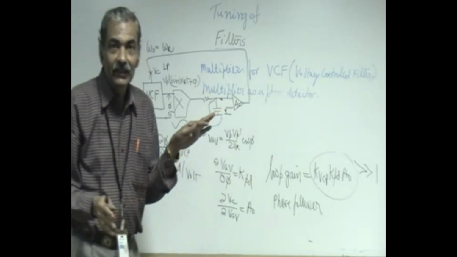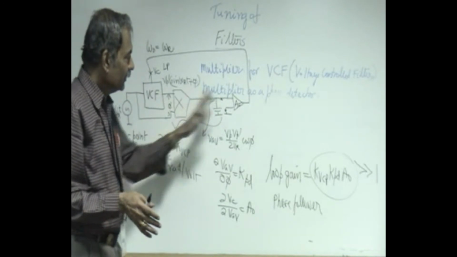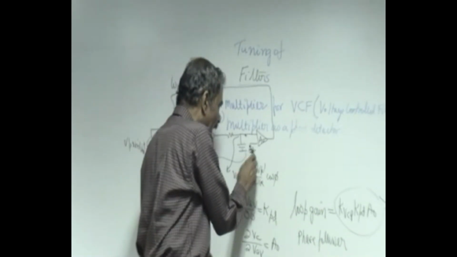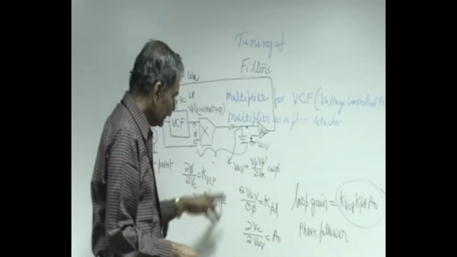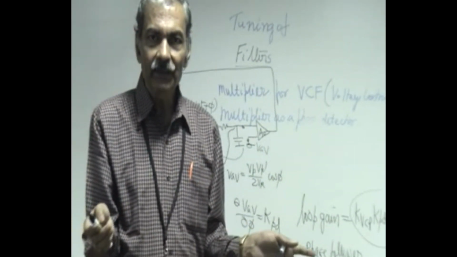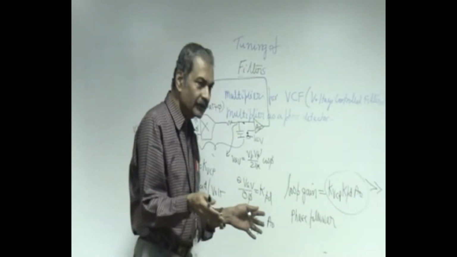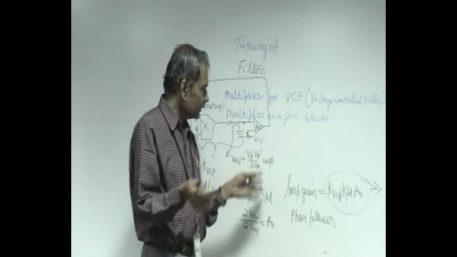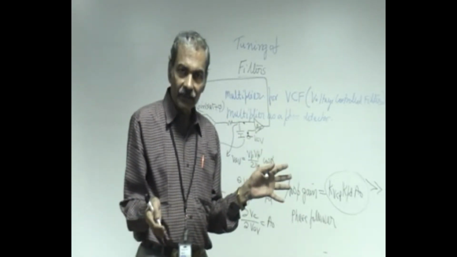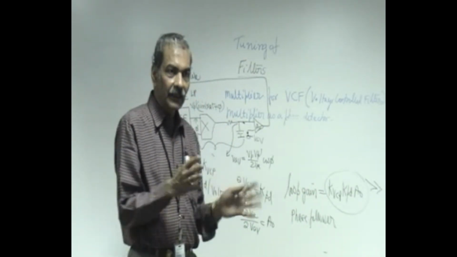This is truly the phase lock loop, because here the frequency remains constant, right? This is meant to get locked to pi by 2 all the time. If you apply a V average which is different, such that V average is, let's say, cos 60, then it will get locked to cos 60, that means phase is 60 degrees, right? We had chosen 90 only because sensitivity is maximum there. So this can be made to get locked to any phase, and that is why this is called a true phase lock loop, where frequency doesn't change.